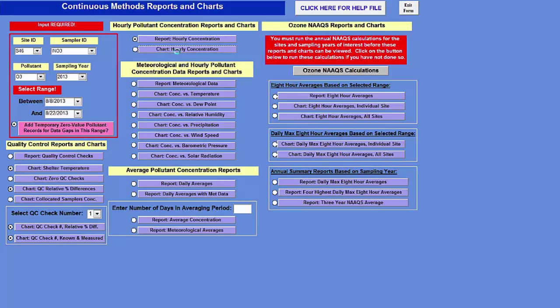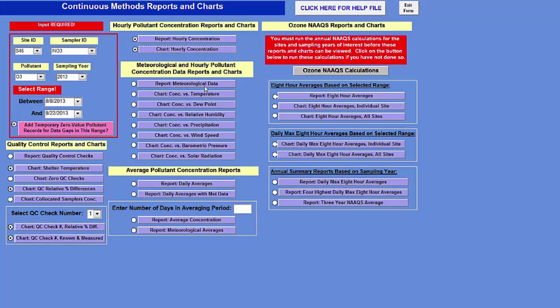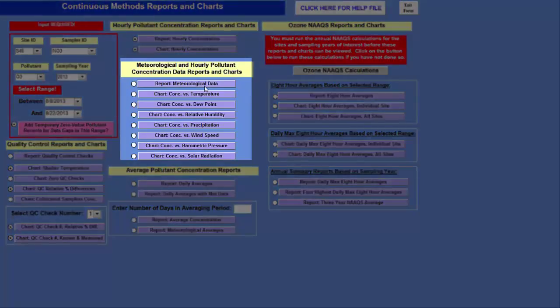I'll show it to you briefly, but we already looked at this report. So that's how this chart looks, but we already looked at it during final data validation. So I'll close that. And the next grouping has a long descriptive header of meteorological and hourly pollutant concentration data